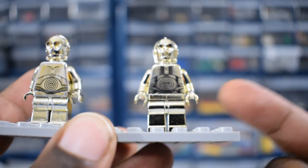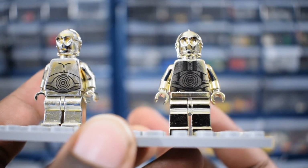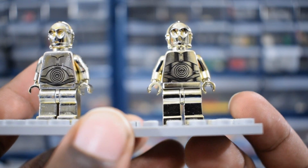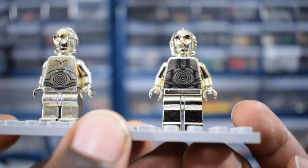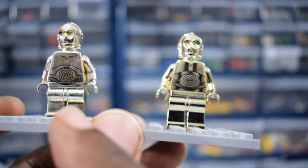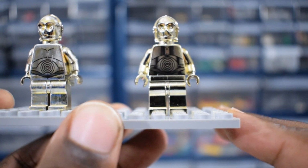This is another reason I was actually willing to get this, because there are actually two variations of this figure. Back when LEGO did the promotion in 2007 and they put these in random sets, there was basically a US version and a European/Australian version. So the one that had misprinted is the US version. The one over here that's not misprinted and in much better condition is the